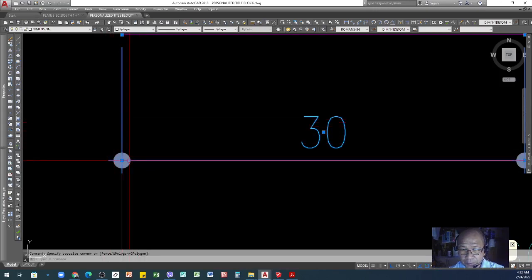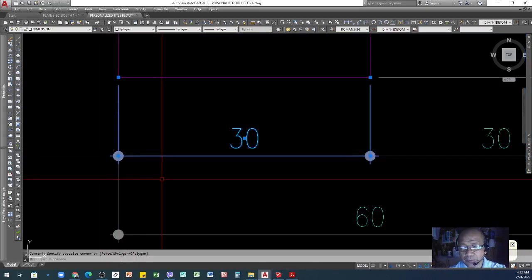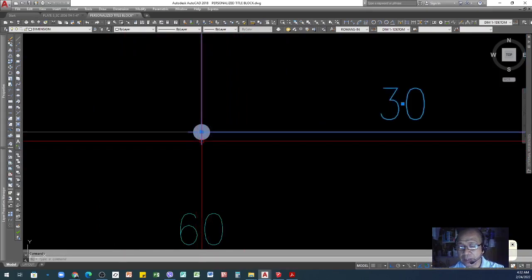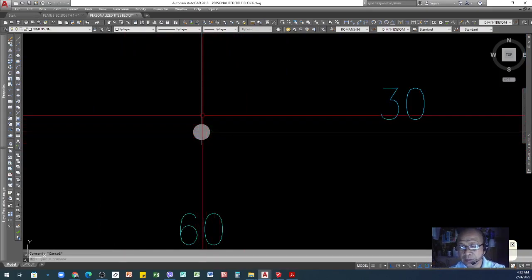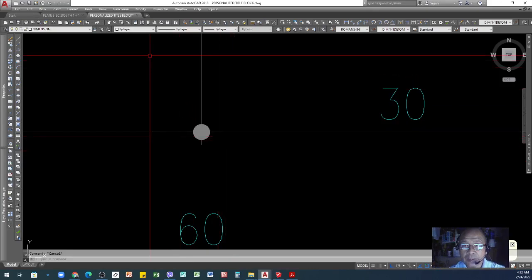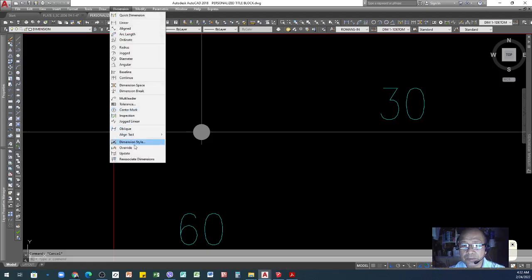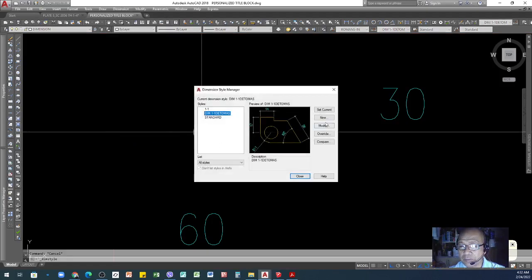The extension line is this one, so it goes beyond the symbol, and the dimension line also goes beyond the symbol. If you don't want to see this extra line here, you can set those figures that we set up a while ago to 0. I will go back to that, modify.